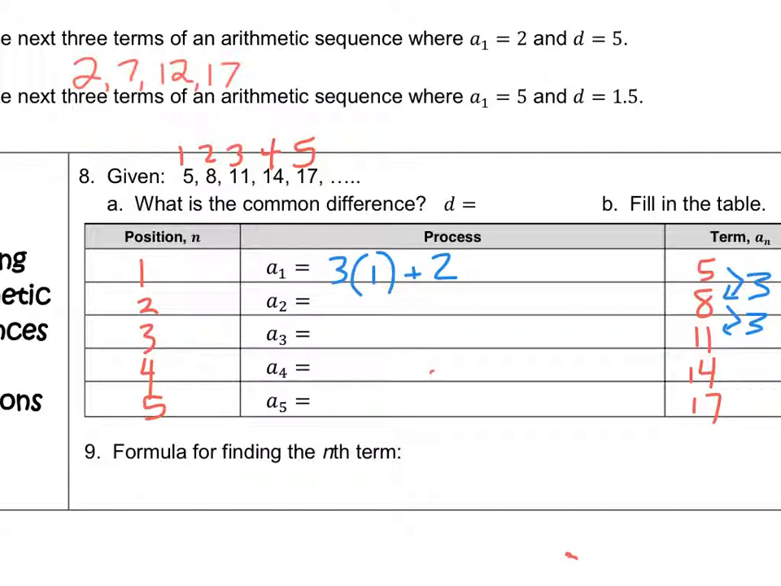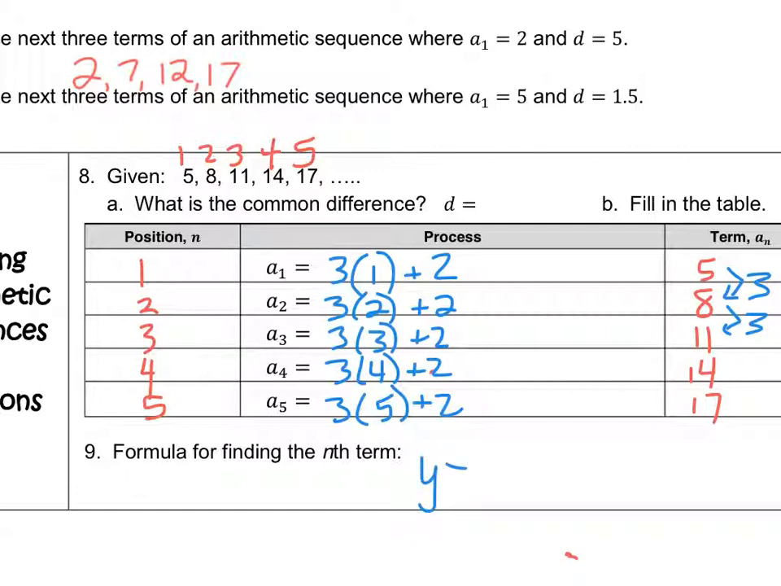Okay, so we think that's our process rule, our equation, our function. But let's test it. 3 times the second term is 6 plus 2 equals 8. So let's go ahead and just fill in the table. Okay, and after I fill in the table, I now know what my formula for finding the nth term is. My formula is y equals 3x plus 2,